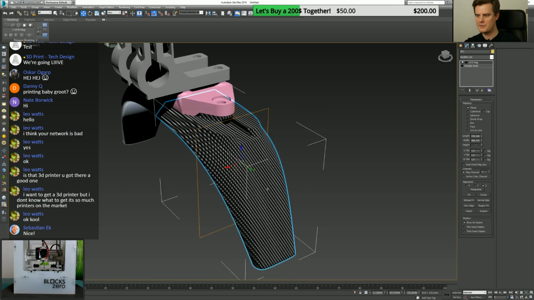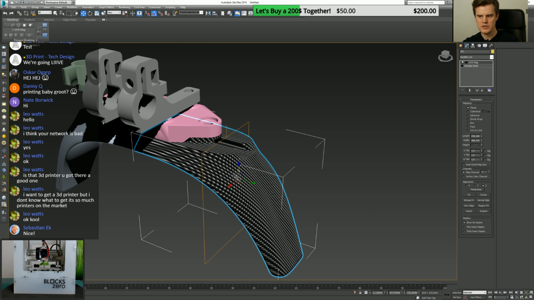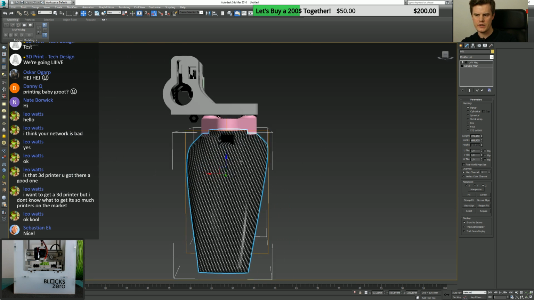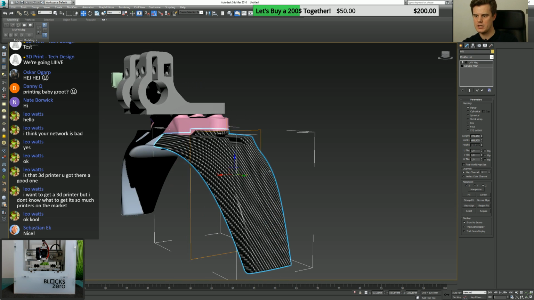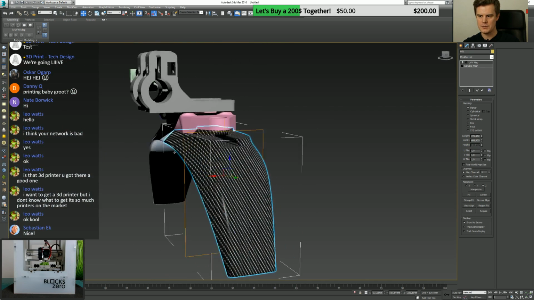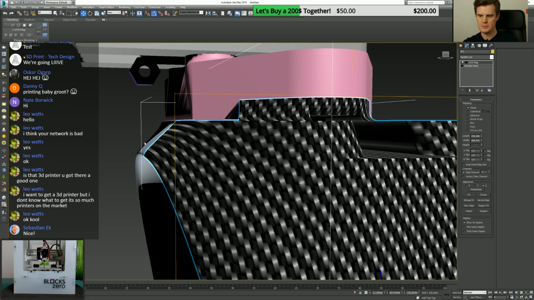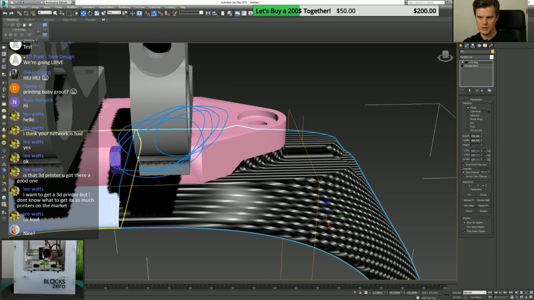So you can see this orange plane here, like this plane around here. That plane is an indication of where we're mapping. So we're actually looking from this direction, and we're projecting the map just in one direction, not around the model. So this means that every time we have these parts here, this section, the whole texture is stretched, because if we look at it from this angle, we still don't get any